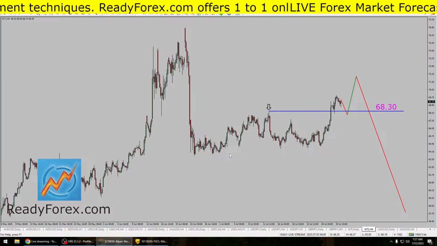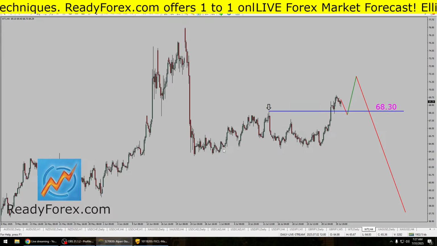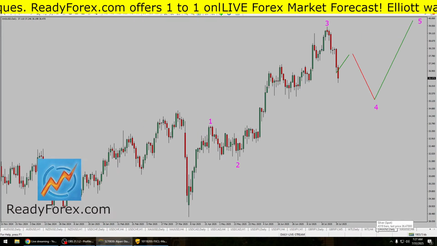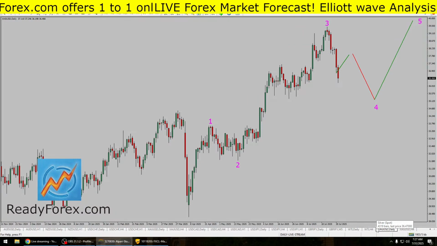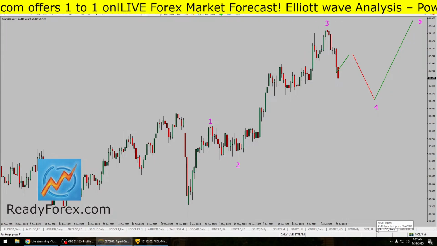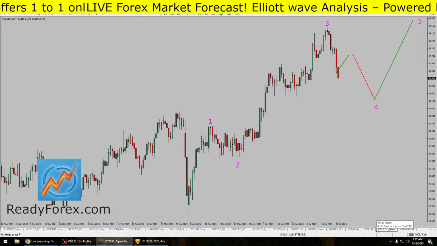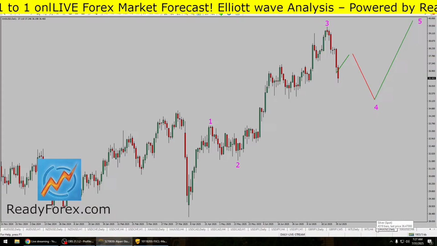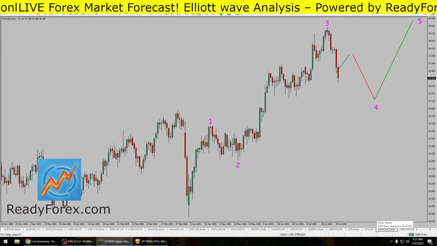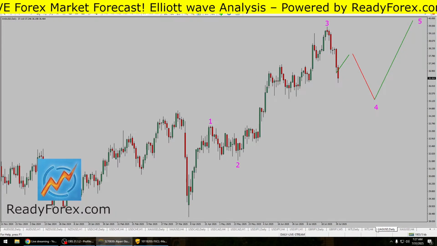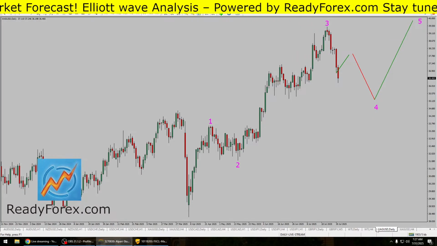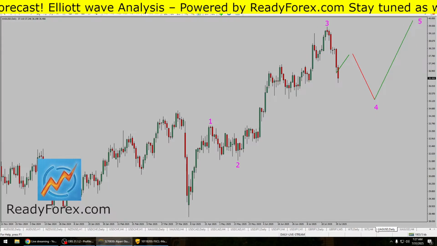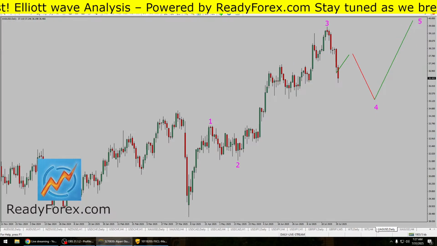Next, let us take a look at spot silver. Okay, silver is going down like the euro dollar, the Aussie dollar, along with the spot gold as well. So silver, I would say the trend is up on a long-term basis, but on a short-term basis, it seems to me